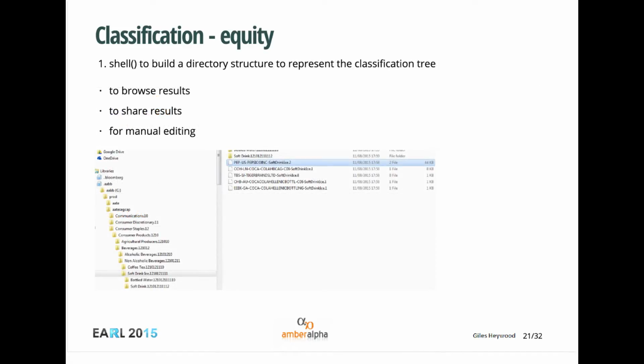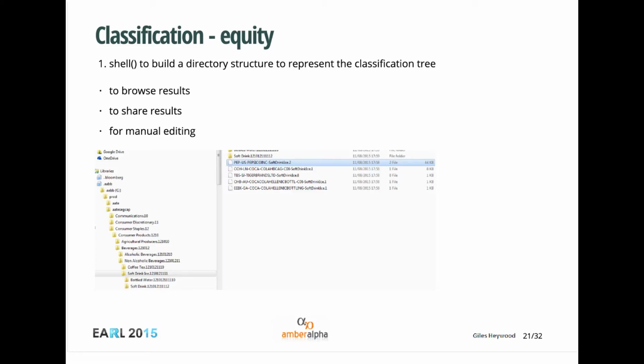And then having done that, one thing you might want to do is to actually check it and visualize it. And what I actually do is shell out and build a directory structure to represent the classification tree on the Windows file system, which surprises some people that anyone would actually do that.